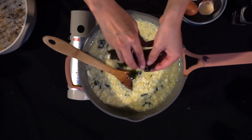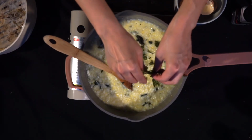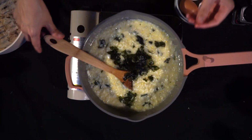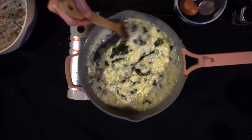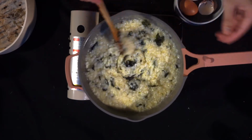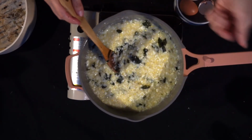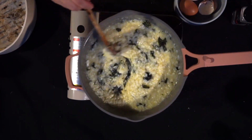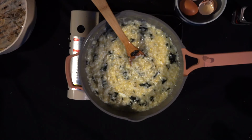So like if you go to a Korean hot pot place, there's one called Seoul Garden in downtown LA, that's kind of the OG. After you do your hot pot part, then they come over and they throw in some rice and they mix it up really quick for you. And then you eat it. So I'm going to take my bowl